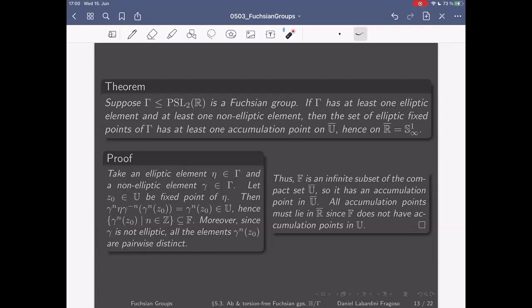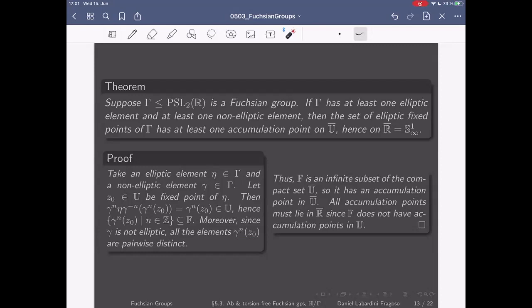So all of these are fixed points, and since gamma is not elliptic, all of these points are actually pairwise distinct. And so now we have an infinite set